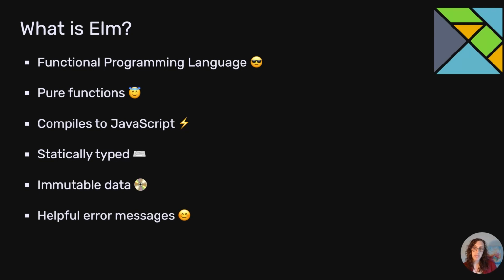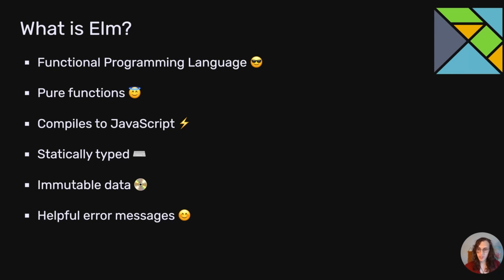Some of the benefits of being statically typed and having immutable data is the compiler itself always knows what state your application should be in because you told it. You wrote your code. You explained what you wanted. So it'll be able to help you and say, hey, something doesn't seem quite right here. Are you looking for this? Or I can't handle truthiness. You really need to use a Boolean here. And the nice thing is Elm is going to tell you in a nice way, not just throw an error